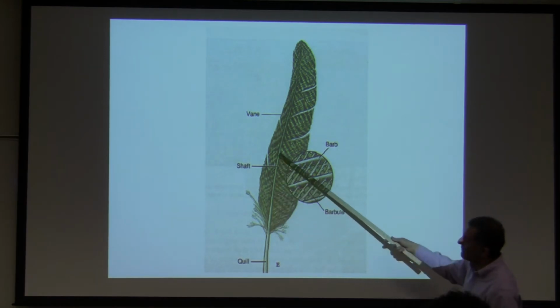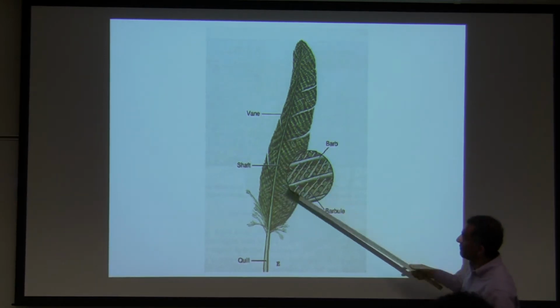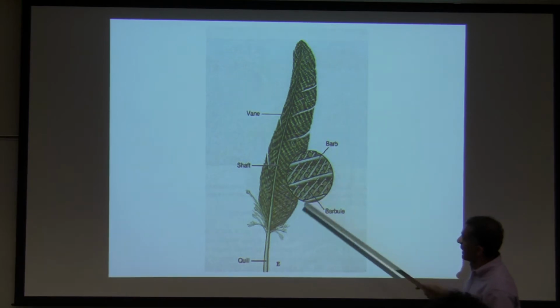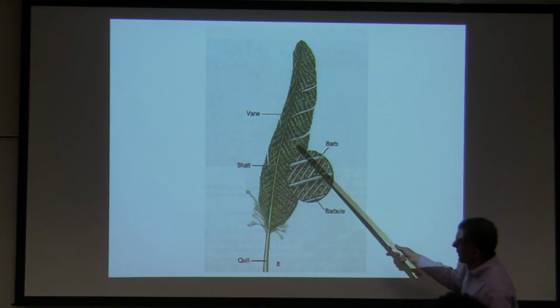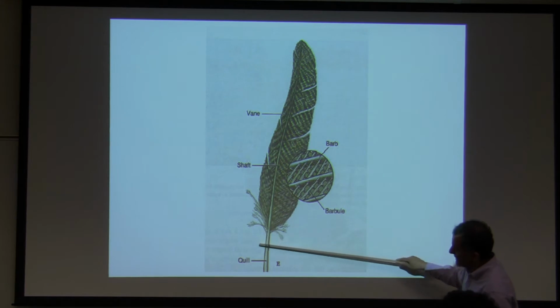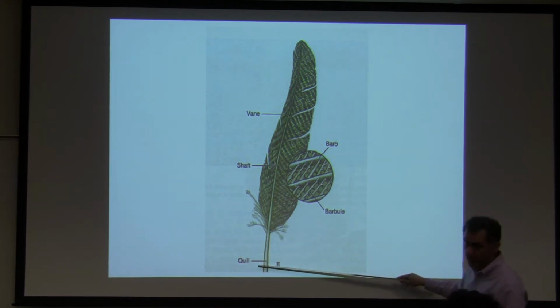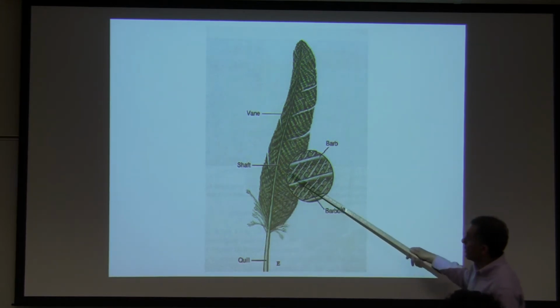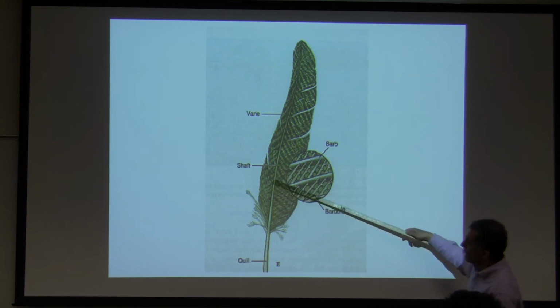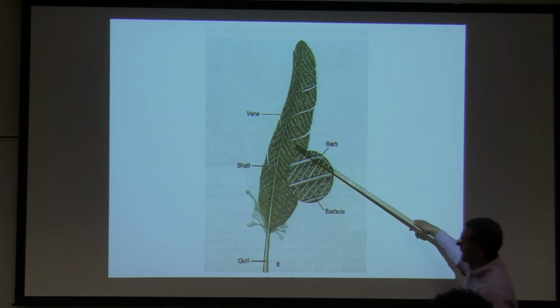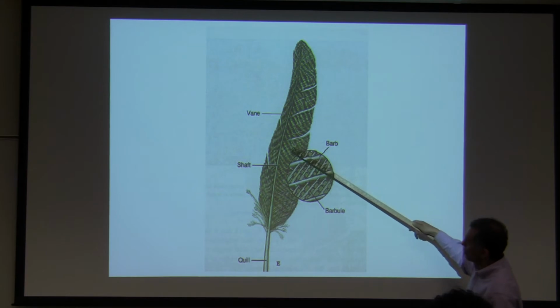Remember, this is shaft, which is covered with barbs, and then a quill does not have any barbs. So you have the shaft right here, where the actual feather is, and the actual feather is made up